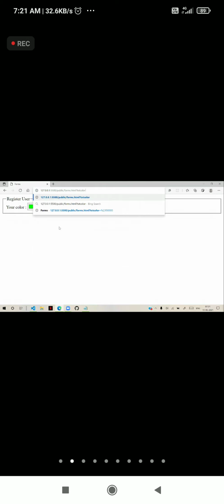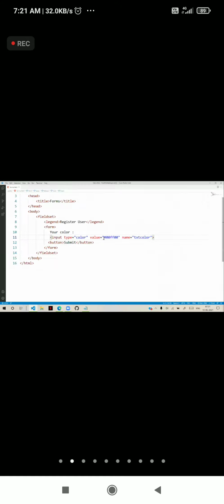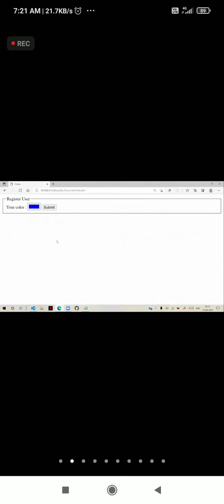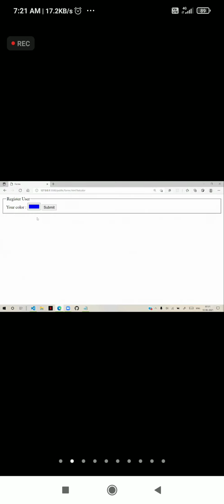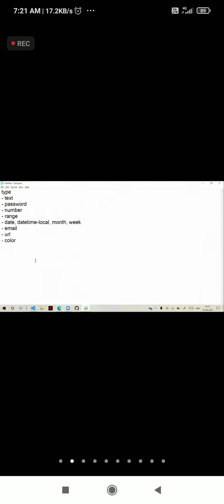That means the color is defined with a hexadecimal value. You have to define the color value in hexadecimal. So I defined 00 and I defined some FF, that is the blue value, and it will get the blue value. And it submits that hexadecimal value. It allows you to pick the color and submit the color. So that is a general color picker. So for a color picker, we can use color.